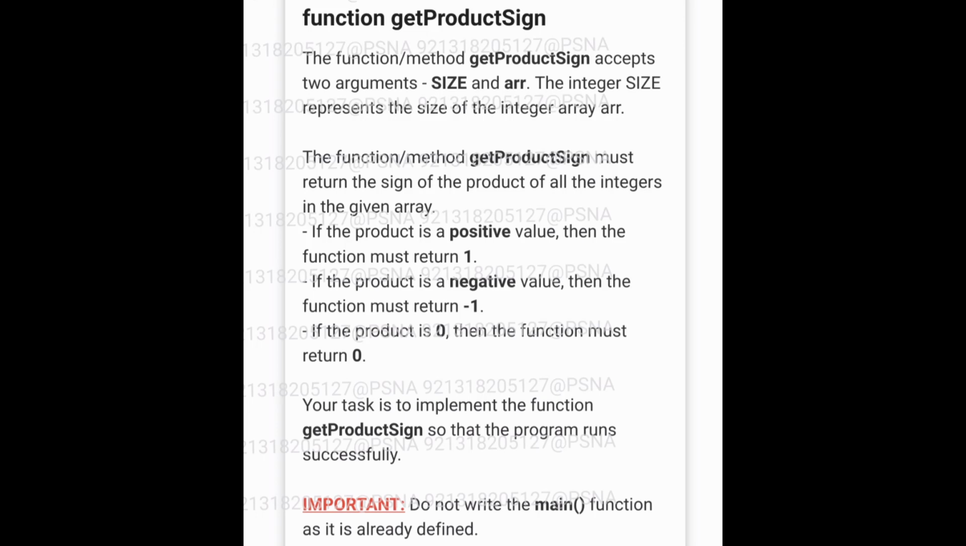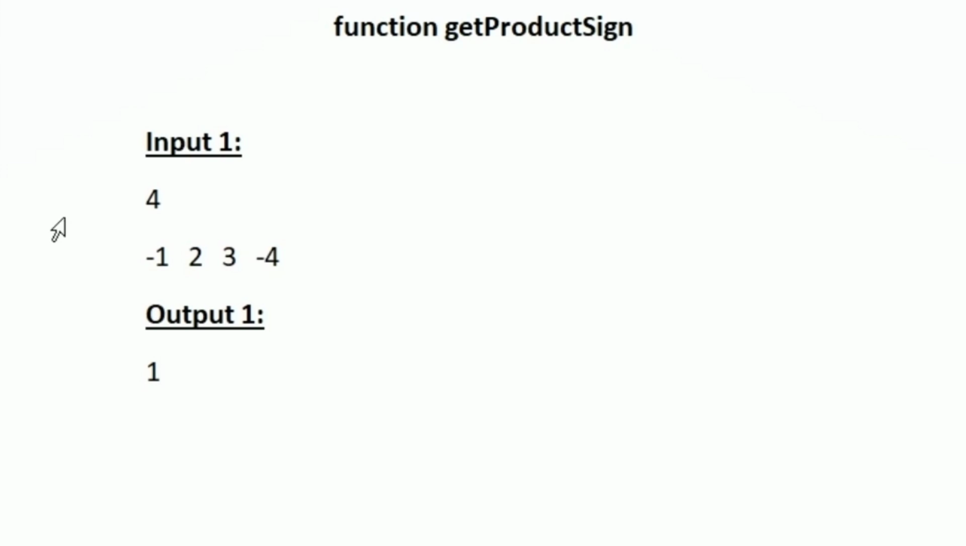This is the question asked in today's SkillRack daily challenge. In the first line of our input, we will be given an integer n as input. Here n is equal to 4, and after that we will be given an array of n integers. Our task is to multiply all these given n integers, and if the result is positive value, then we